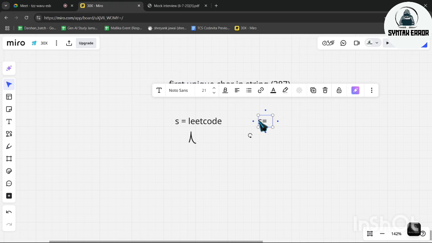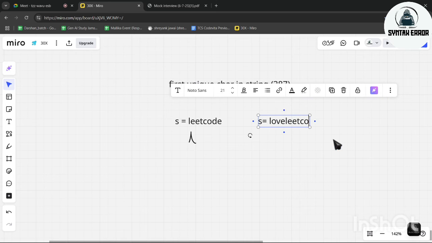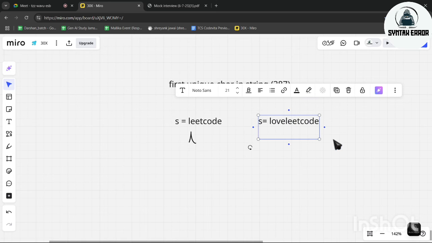Okay, let's see another example. If loveleetcode is our question string, first we will take L. Are there any other L in our string? It is there, so it is not unique. Next, we need to go with O. Now we will see, are there any other O? Again we have O, that's why this is not unique. Again we will move to V. Now let's see, are there any other V?